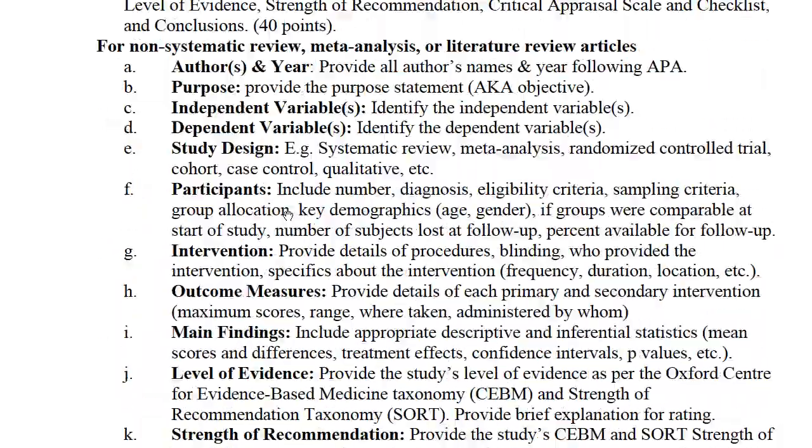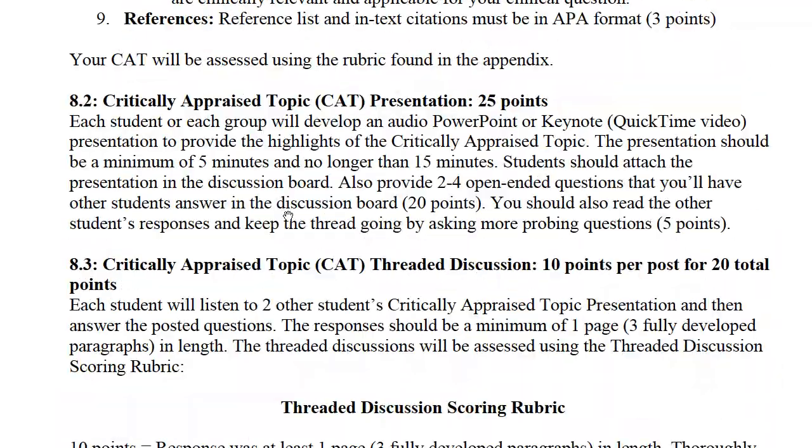So you do the rough draft and turn in your final paper, and then every student in the class will do some kind of presentation of the CAT. Now each student's going to do that. You can do it as a team if you happen to live close to one another and you want to do this as a team. I think that would actually be better. You can use, I think, Google Docs. I'm not sure if it's Google Presentations or the right term they use, or you can use a program like I'm using right here, which is called